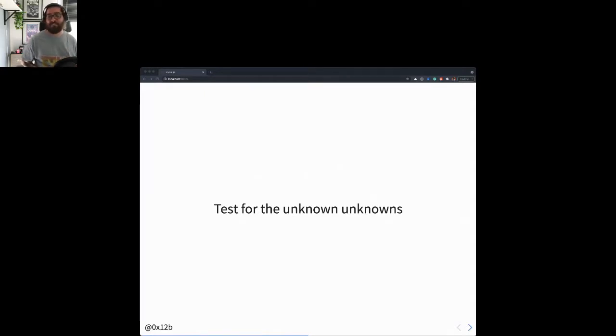So, what I really want to emphasize here is that we want to test for the unknown unknowns, because unknown unknowns are really hard to prepare for. So, simulating stormy weather conditions using real world circumstances is most likely our best bet to exploring these territories. If we already are aware of critical weaknesses in our systems, we need to fix them first. There is no real point of testing for something that we already know.